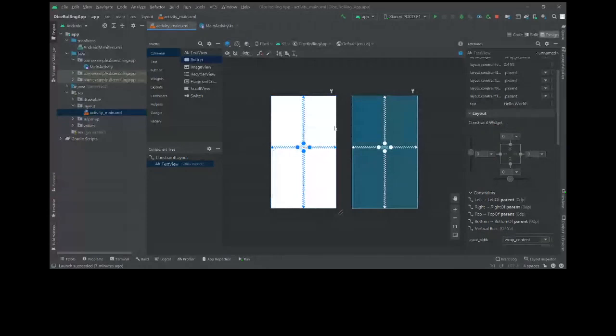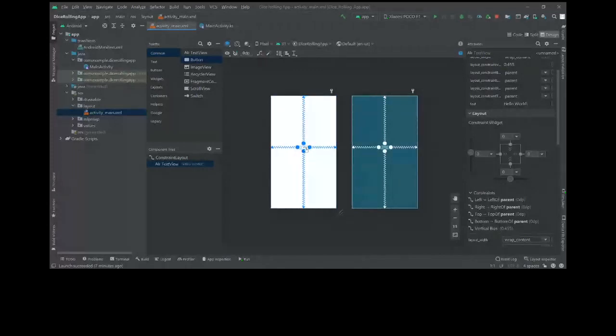Like this is the parent and it is left of it, right of parent, this is also parent and this is right of it, top of parent and bottom of parent. So the constraints on this text are applied relative to the parent. Okay, so you will understand what this means as you go.